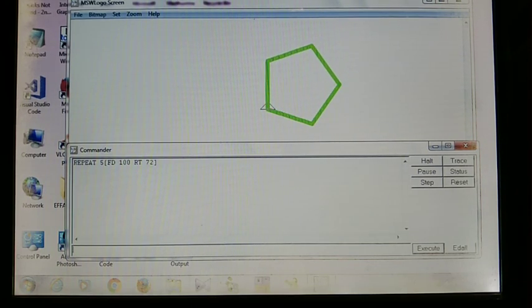Amazing, the same pentagon is drawn on your computer screen by using only a single command within one line. And finally press HT, then press the enter key.